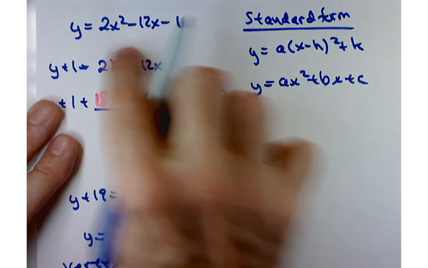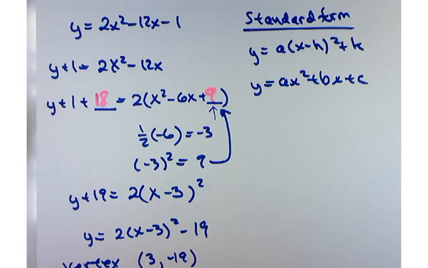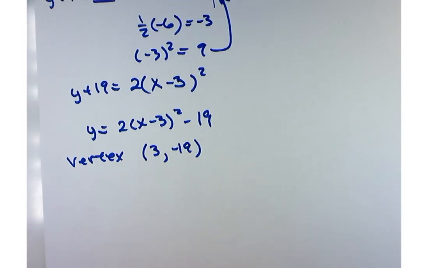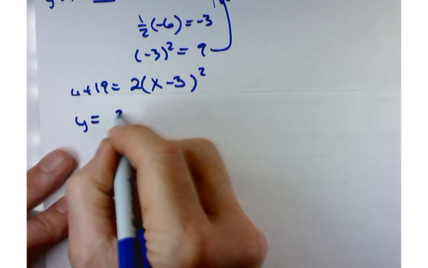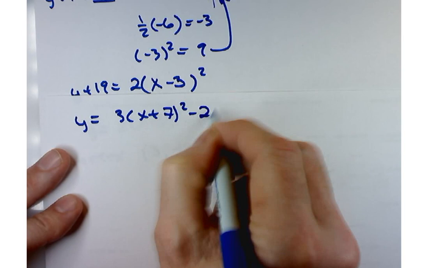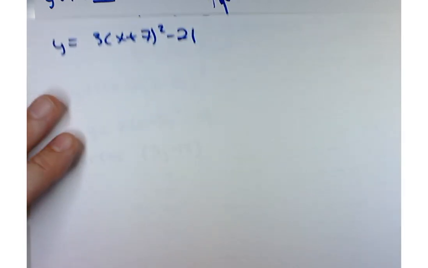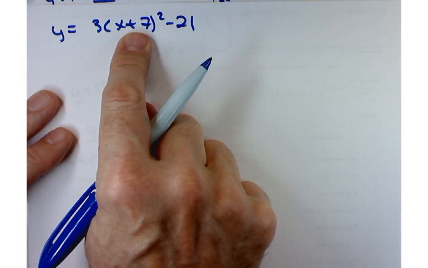But there's other ways to get the vertex here. And that's part of your question to me earlier and part of what I wanted to show you now, is that there's other ways to get the vertex. So, just for one more example like this, if I gave you, for instance, y equals 3 times (x + 7) squared minus 21,